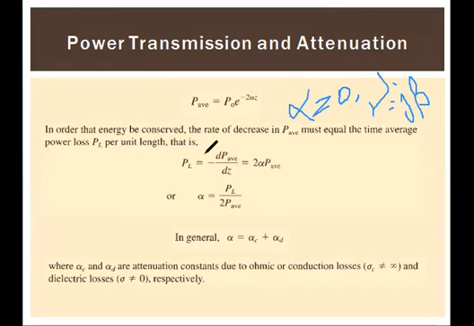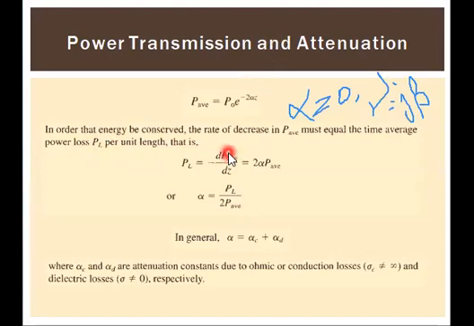When the dielectric medium is lossy, then conductivity is not equal to 0 and the guide walls are not perfectly conducting. That means we can say that the conductivity of the conductor is not equal to infinity. There is a continuous loss of power as a wave propagates along the guide.